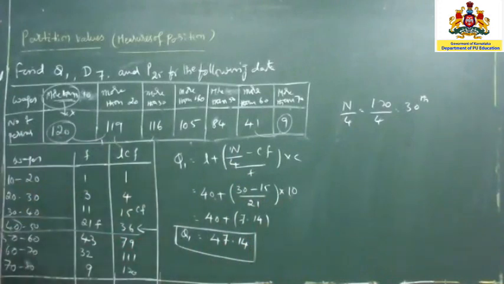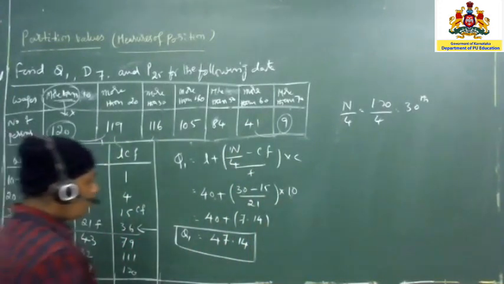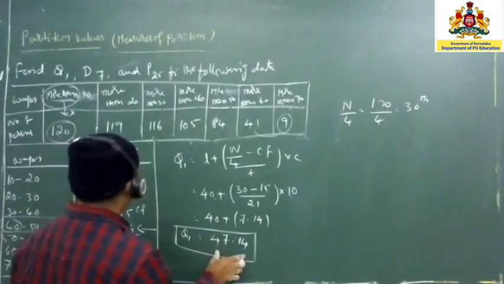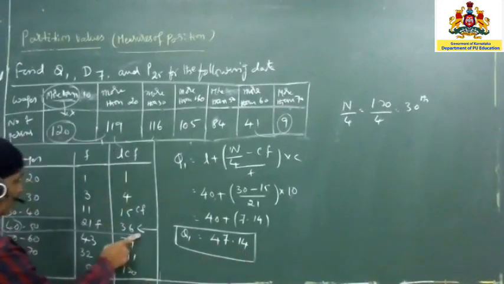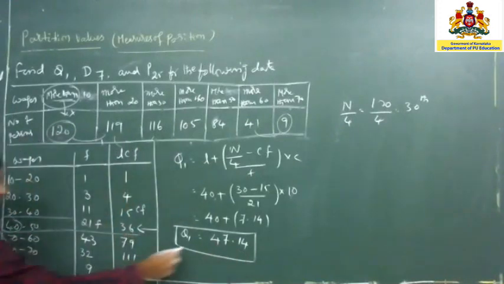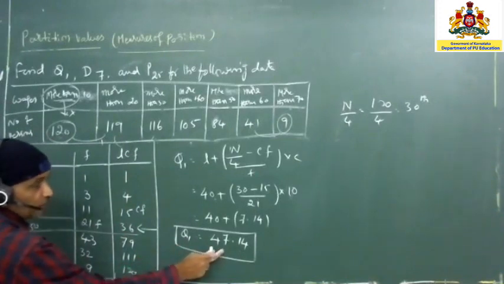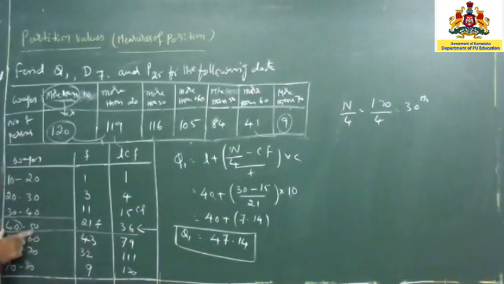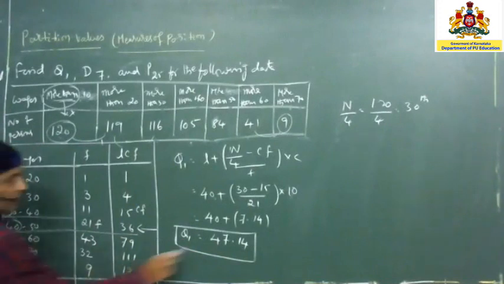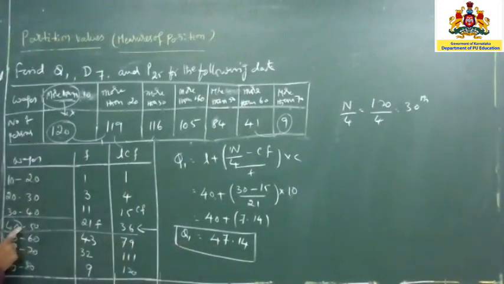Right? So now what we are going to do is, whatever class interval you have taken here, we said that it comes into this one only. So your Q1 value, or Q2, Q3, anything, whatever value you got in the respective class, you have to check it. The value should be between this class. So 40 to 50 in the sense, definitely your calculated value falls into this one. So we can say that this answer is correct.